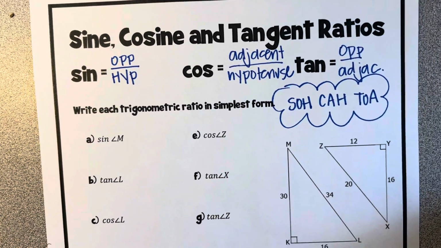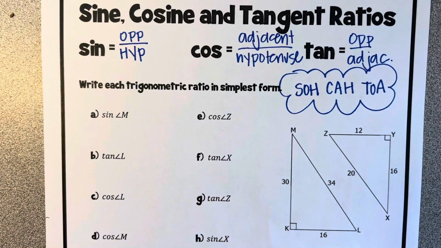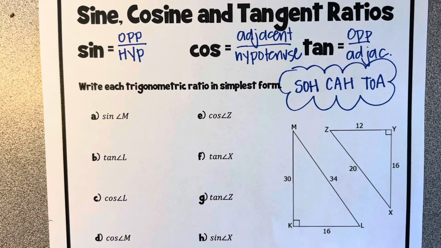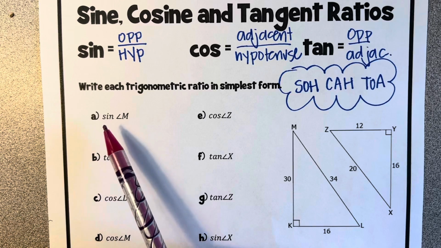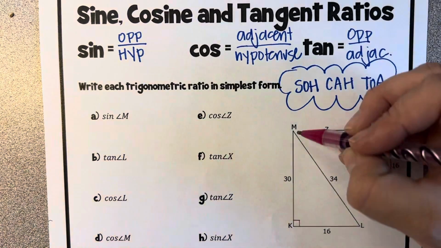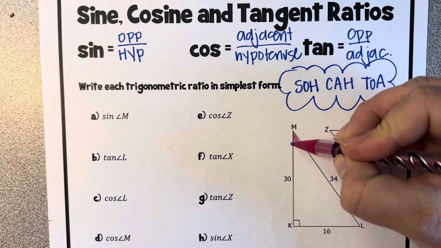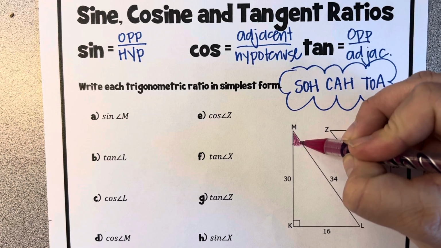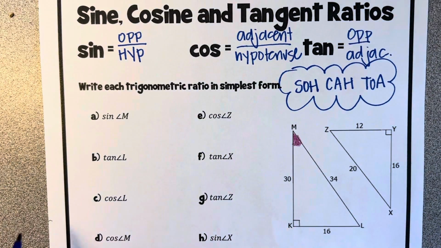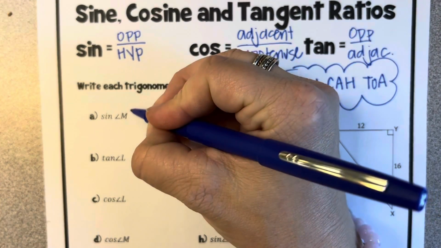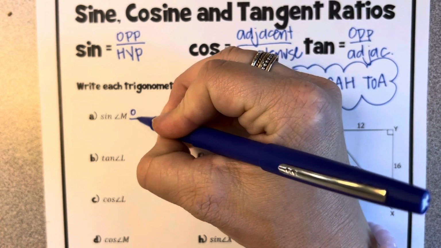I think that's the easiest way to kind of understand it. So this first one is asking you to write the trigonometric ratio in simplest form. So it's asking you for the sine of angle M. Okay, so I'm just going to shade in angle M right here. So it's asking you to write the sine ratio. Okay, so sine is opposite